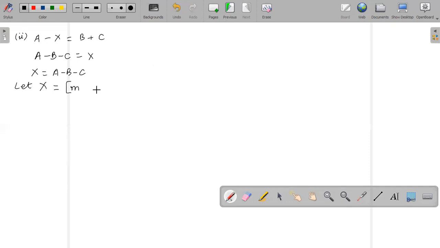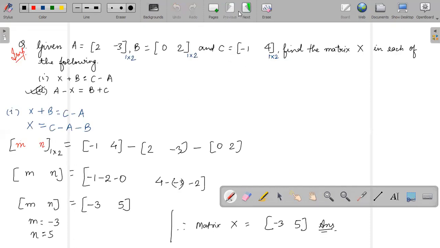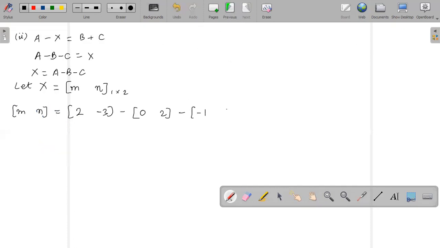तो हम बिल्कुल इसको 1 cross 2 एक कोई भी वेरिएबल्स लिख दिया mn, and this is 1 cross 2. Now as we had solved the previous question, we would do this question also. So mn means this is the x is equal to a. So the given a is 2 minus 3, then minus b, b is 0 2, minus c is, देख लो पीछे एक बार, c is -1 4, -1 4। अब बस वैसे ही सॉल्व करेंगे, 2 minus 0 minus -1,